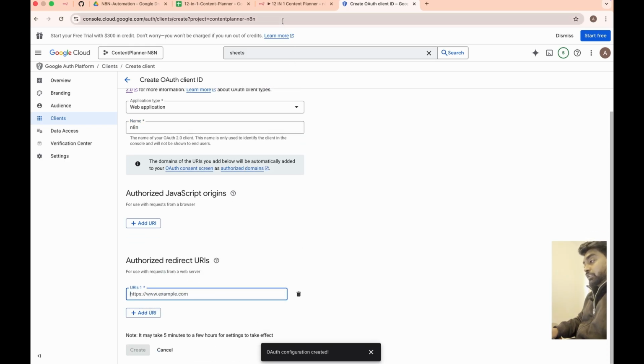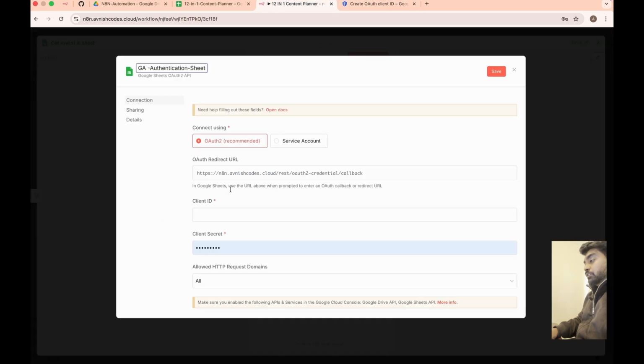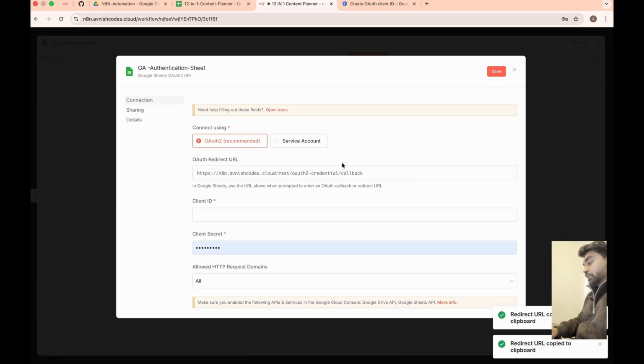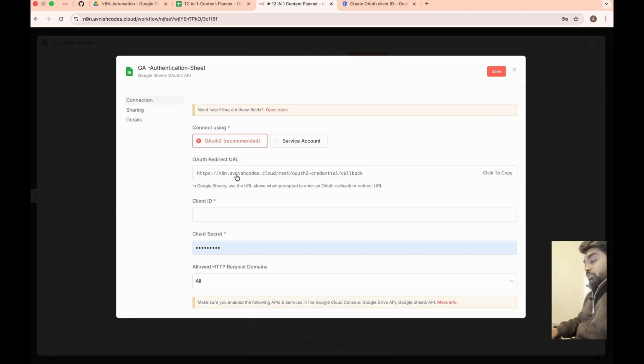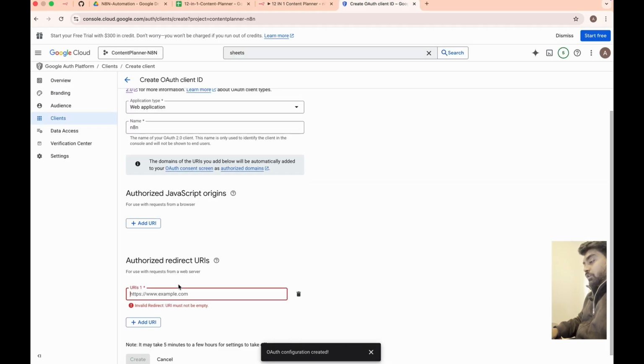If you are self-hosting, then you will find your redirect URL there. You just have to copy it. Click on this button, copy. You will get this. And if you are on the N8N account, you will see it there. And if you are on Hostinger, you will see your Hostinger URL and a callback URL. You just have to copy this URL and paste it and click on create.